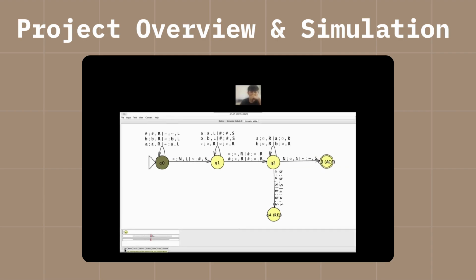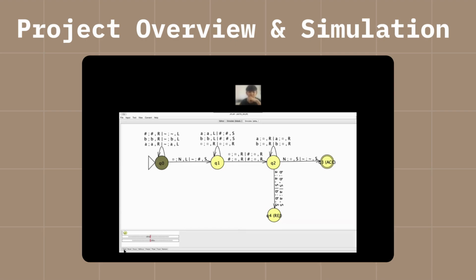The first phase is copying the input. The first phase happens in state Q0. Here the machine scans tape 1 and copies the input onto tape 2 in reverse order. As tape 1 moves to the right, tape 2 moves to the left. When tape 1 reads an A, it writes an A on tape 2, then it continues with the next symbol. This process repeats until the machine reaches the